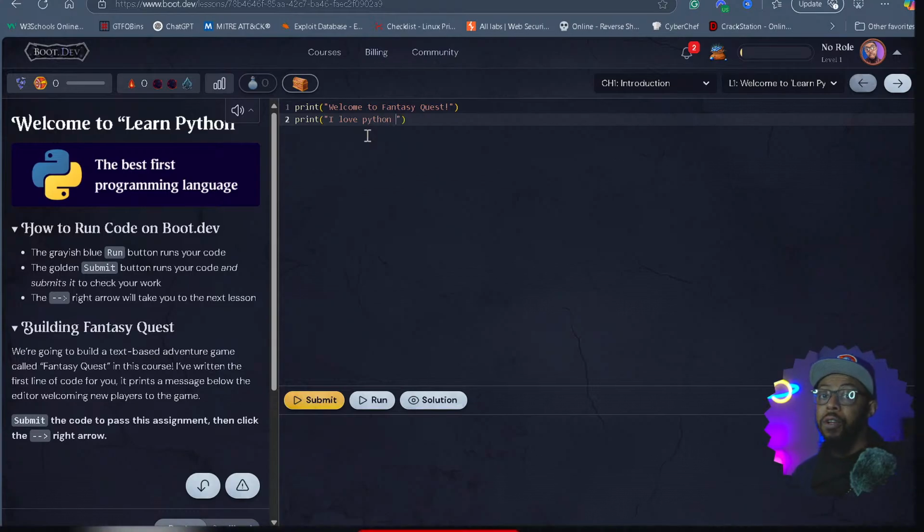And you can follow along on this. This is free to a certain point, and then after a while, they start to say, nah, you have to pay. But it's okay. Follow along with me, watch it, take notes, whatever you want to do. And then, it's saying how to run code in boot dev. The grayish run button runs your code. And this looks the same for VS Code or another cool program called PyCharm. I'm not getting into PyCharm because